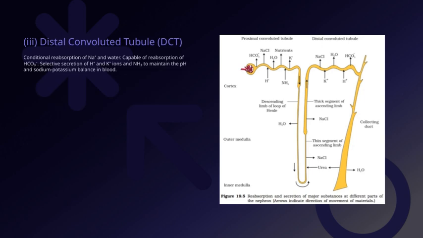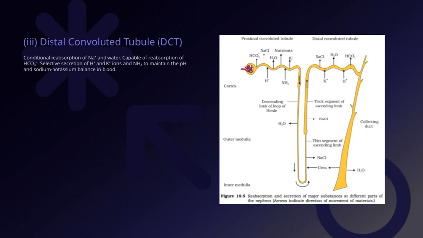Let's talk about the conditional reabsorption that happens here. The tubule can reabsorb sodium ions and water depending on the body's needs, which is essential for maintaining proper fluid balance. It also has the ability to reabsorb bicarbonate ions, HCO3-, helping to regulate the blood's pH level. At the same time, this segment is actively secreting hydrogen ions and potassium ions, as well as ammonia, NH3. This secretion plays a crucial role in keeping the blood's pH within a healthy range and ensuring the sodium-potassium